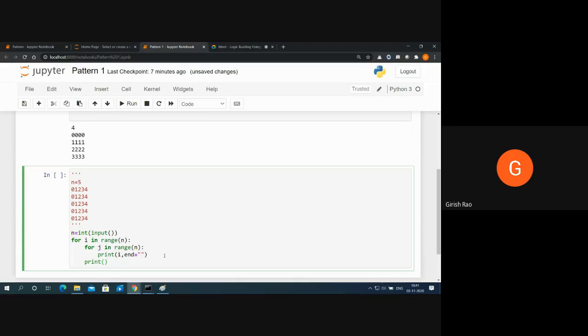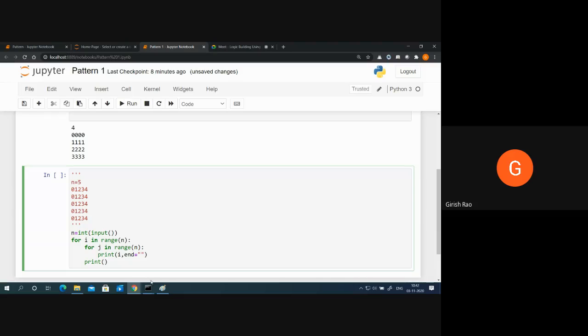But instead of printing i, now see what has happened. What is the value of i over here? The value of i in this case is 0. Yes or no? Then what is the value of j? It is 0. The value of j is 0, right?